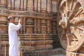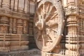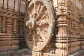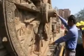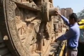Hey guys, I'm going to show you the accuracy of the sundial at Konark Sun Temple in India, built in 1250 AD. People still use it today to tell time. Let me show you a short clip of a tour guide figuring out the time, and then I will explain